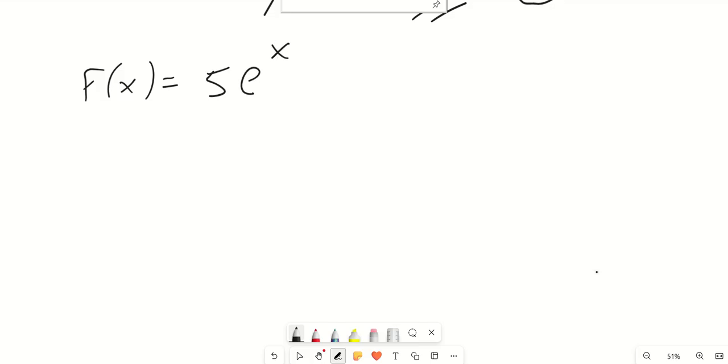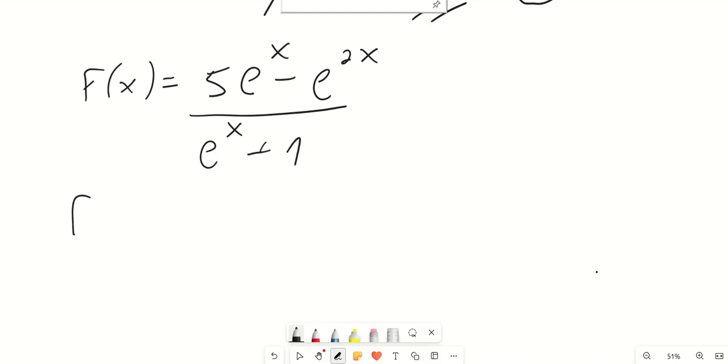5e to the power of x minus e to the power of 2x divided by e to the power of x plus 1. So I will differentiate the function, and the function is a rational function. It means that it has a numerator and denominator, and I can apply the quotient rule for a derivative, which